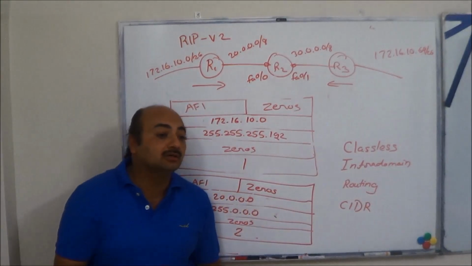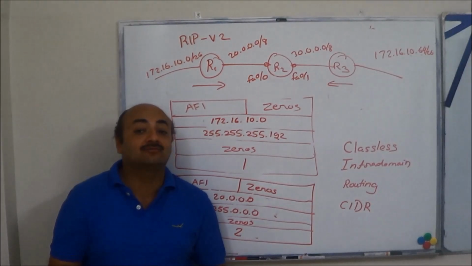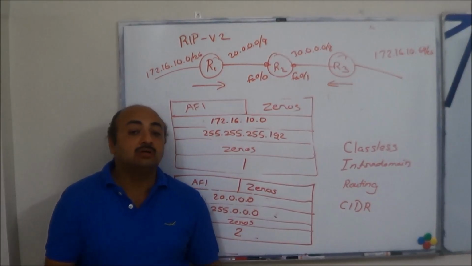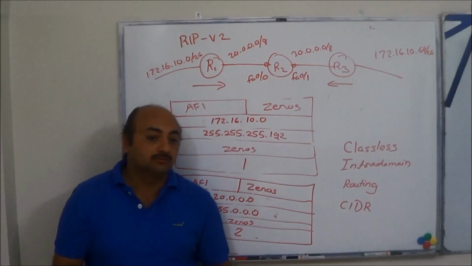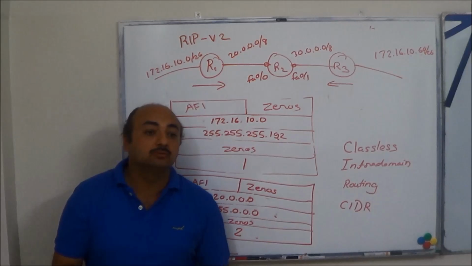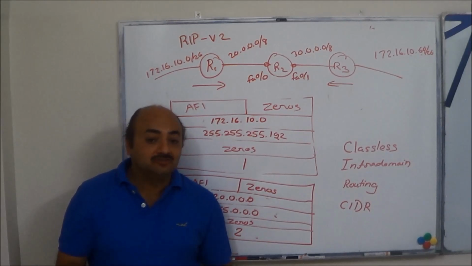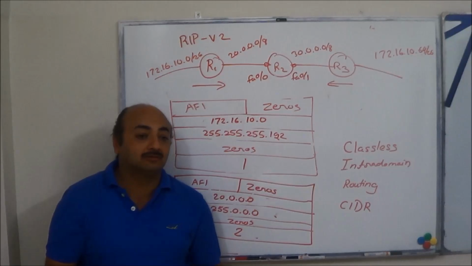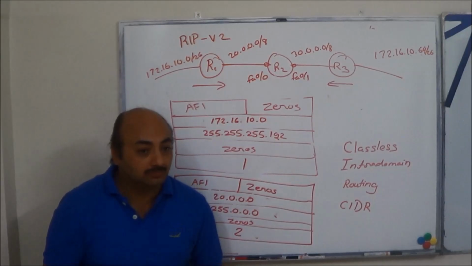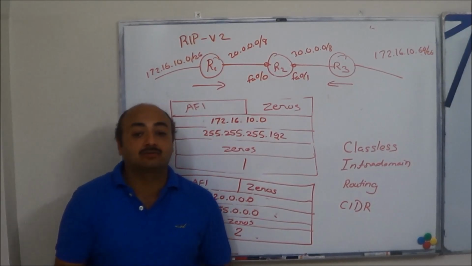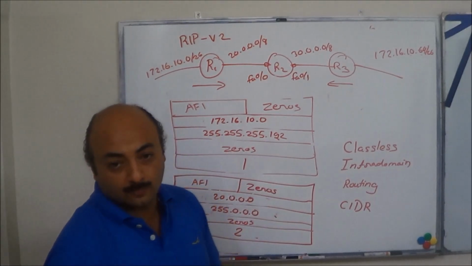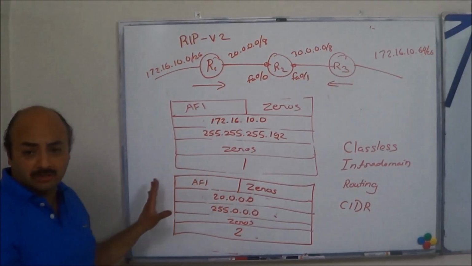So RIP version 1 is a classful routing protocol. RIP version 2 is a classless routing protocol. Which one supports CIDR? RIP version 1 or RIP version 2? RIP version 2. Okay. Which one uses VLSM to the best? RIP version 1, can it also use VLSM? Yes, as long as the subnet masks on different interfaces for the networks are symmetrical, then it can. So this is one property done.